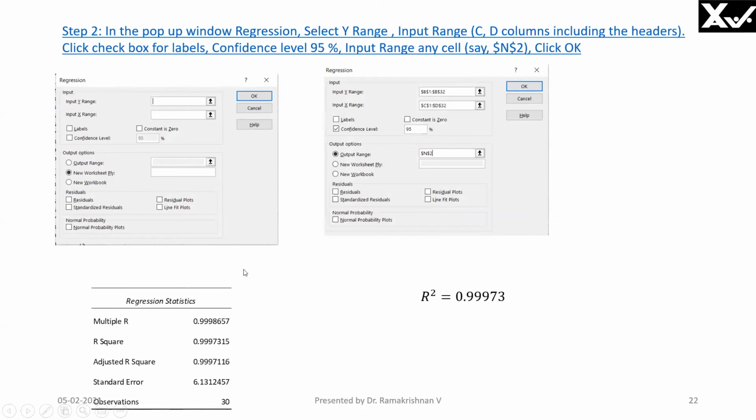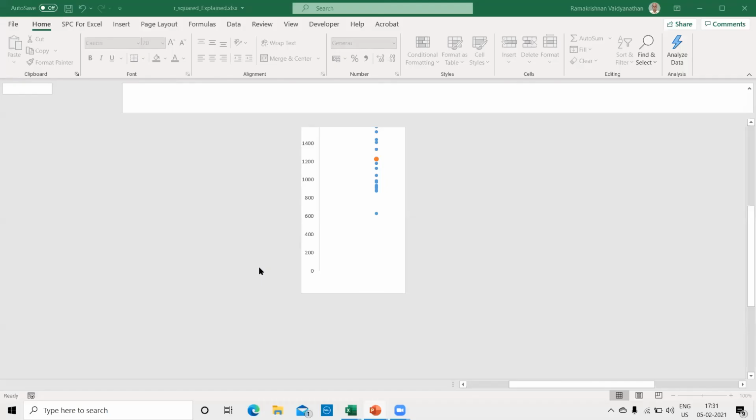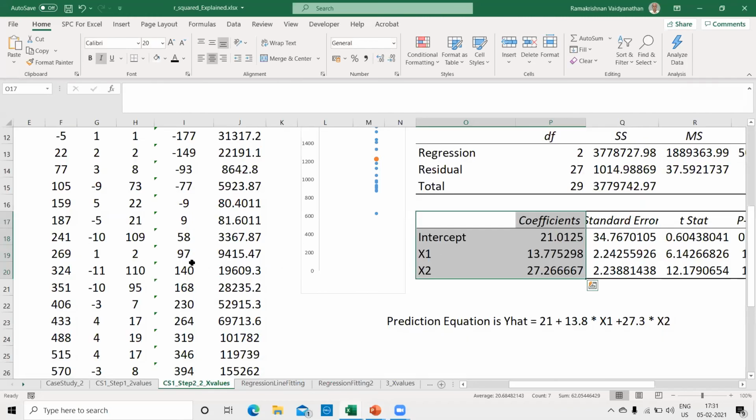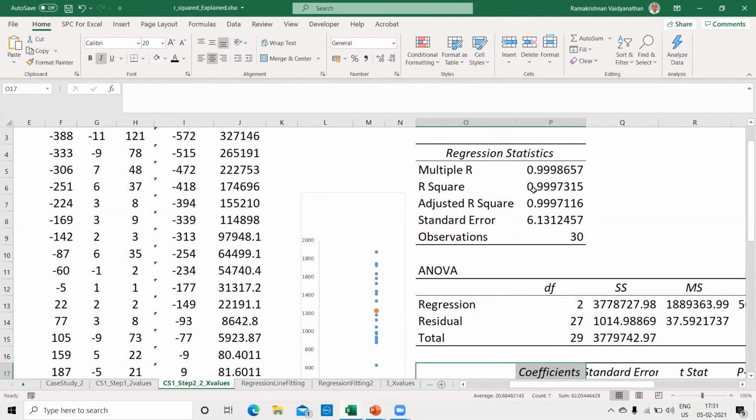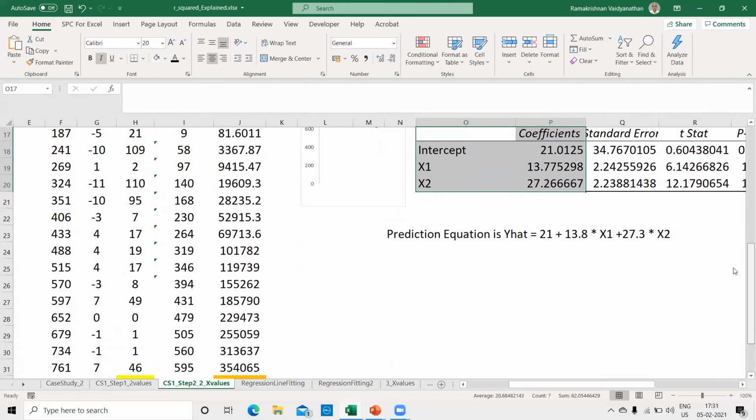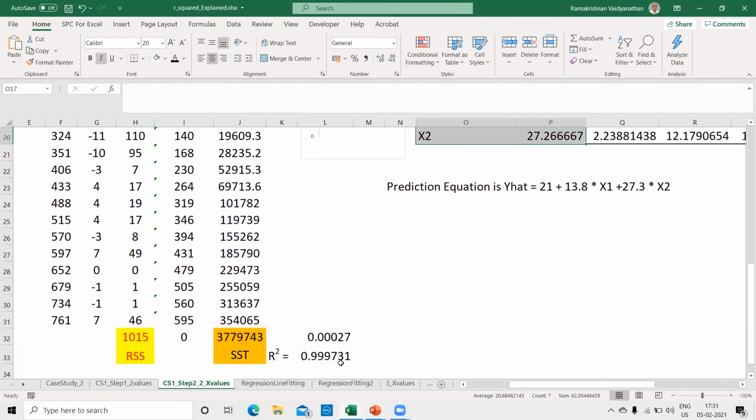The R squared value will be given directly. Yeah, we will see this R squared value in the Excel sheet now, right? What we will do is note the R squared value and interpret. Right? We will see. Go to this. We have already done it. In this regression, you can see the R squared value. 0.99973. Now, what did we get? See, 0.99973. And similarly, for the other case study also, we will go through that.